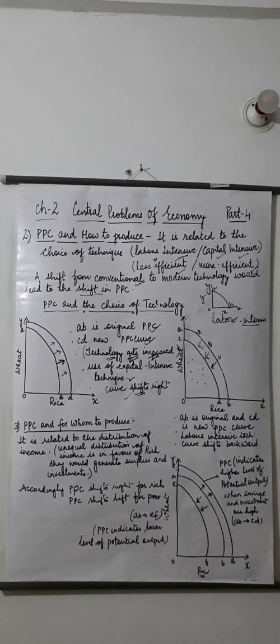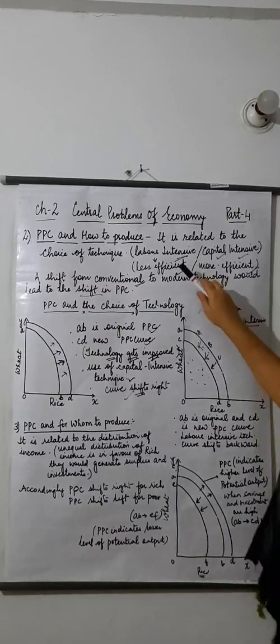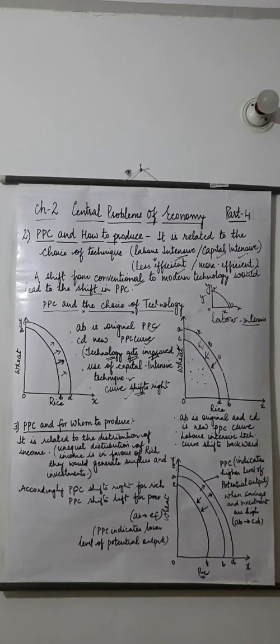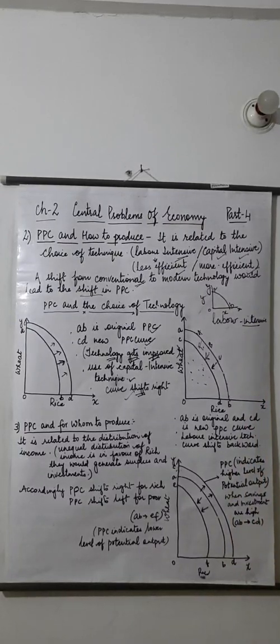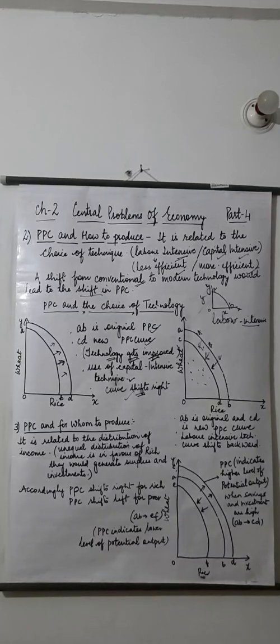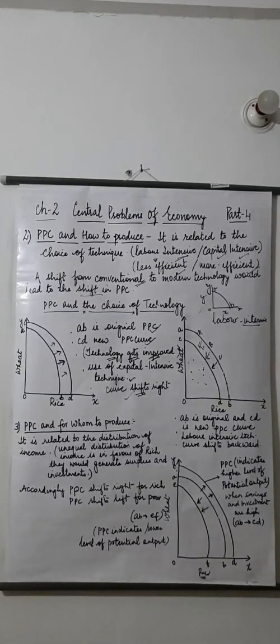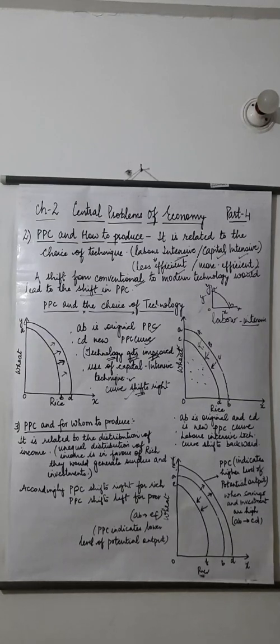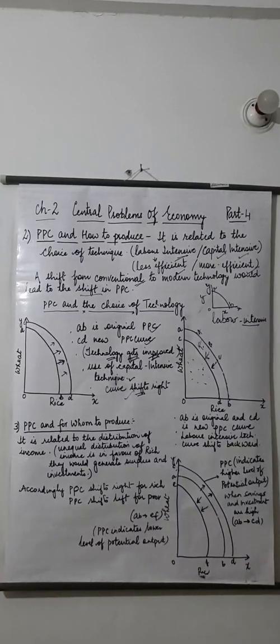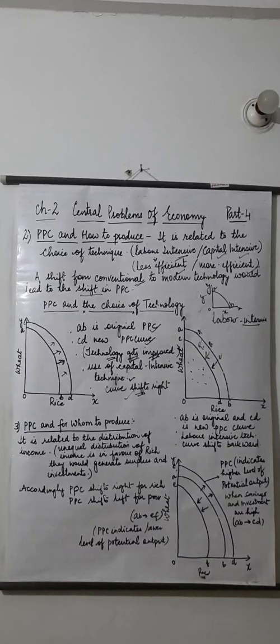It shows the choice of technique, whether we can use labor intensive or we can use capital intensive. Now labor intensive, if you remember, we say is a conventional form of using the resources. Conventional form is old pattern. Old pattern means old form of techniques, old inputs, more people are required. Definitely it will generate employment, as more labor will be employed.